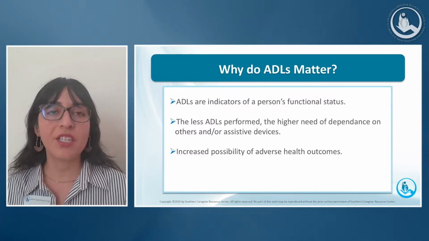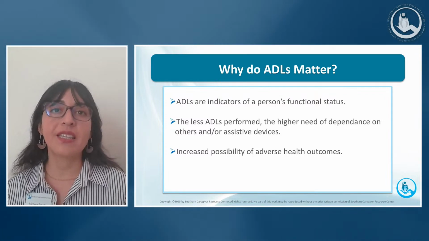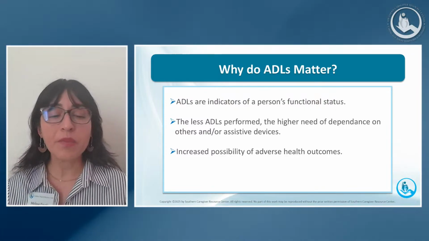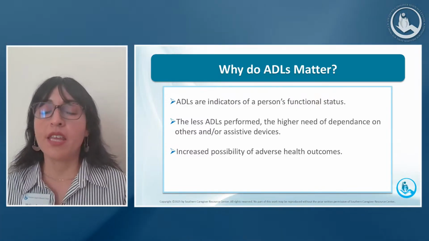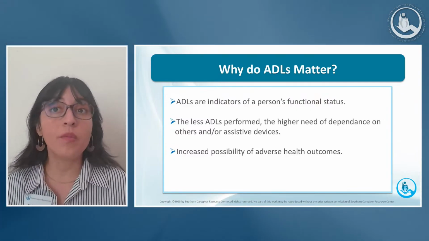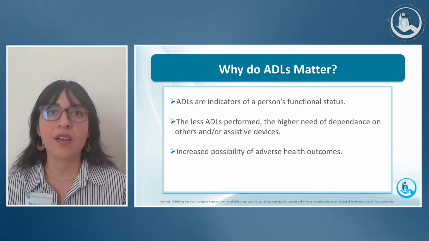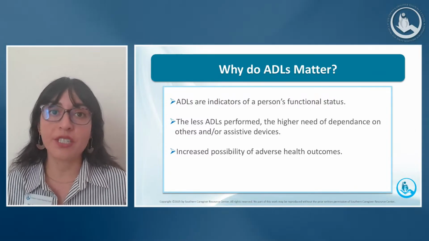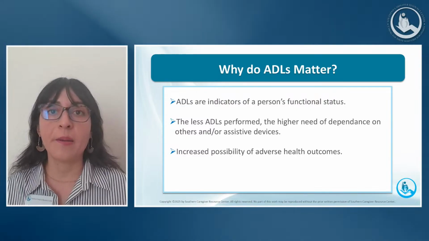Now, these limitations that individuals may experience may also necessitate significant lifestyle changes, right? So this might mean that people may need to be hospitalized, right? Kind of worst case scenario. They may need to have paid home care, or again, have a family caregiver be more present in their lives. Some people even have to have admission into nursing homes or other alternative living arrangements.